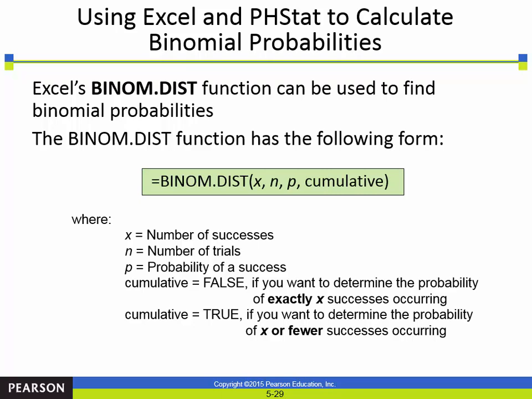Because sometimes the question will say, what's the probability of having 2 successes? And other times it'll say, what's the probability of having 2 or fewer successes, like 0, 1, or 2 successes. If it asked me, what's the probability of having 3, 4, or 5, I would have to remember that they're all additive and they all add up to 1, so I could still do the true, do 0, 1, or 2, subtract it from 1, and that would tell me what 3, 4, or 5 was, or whatever, okay?